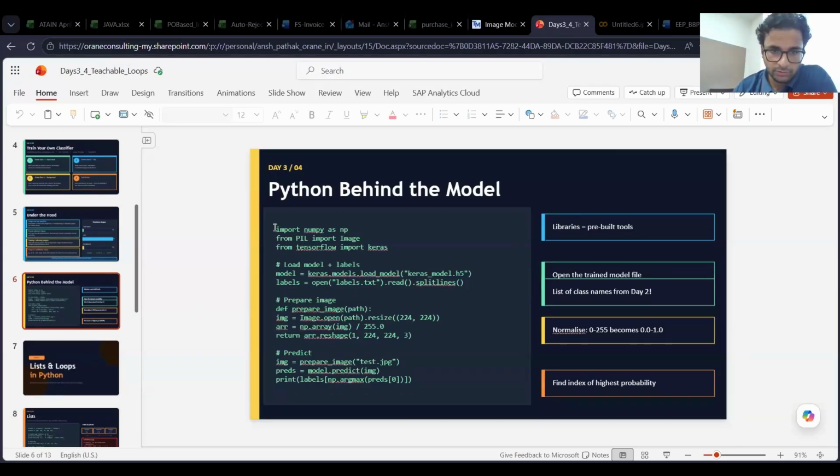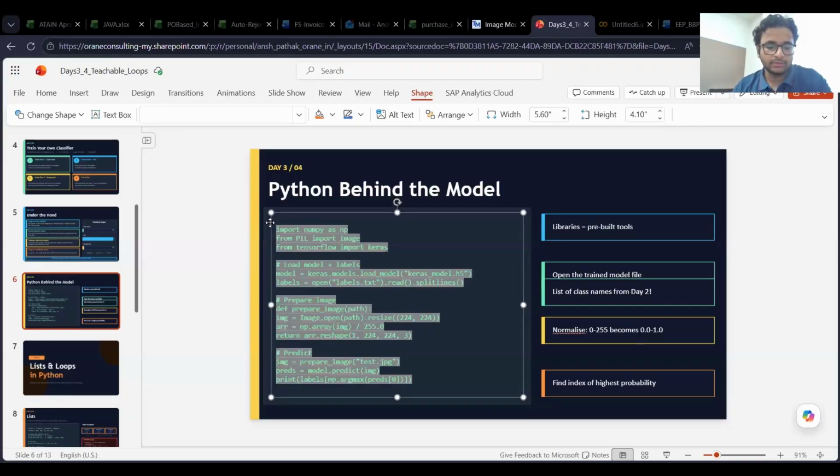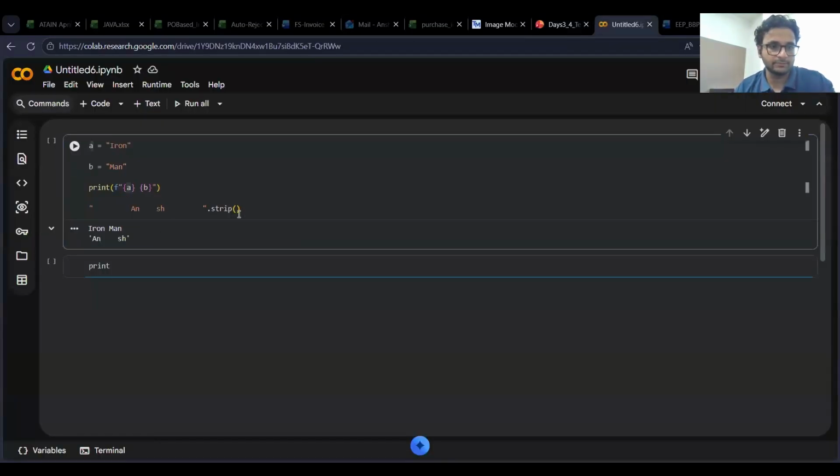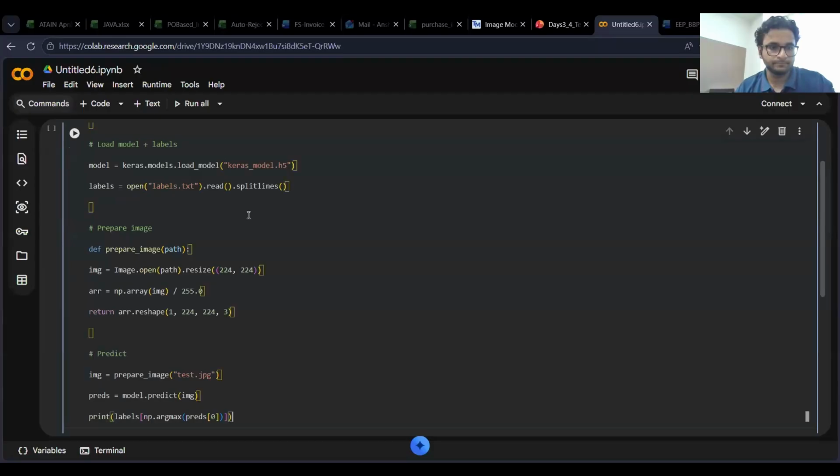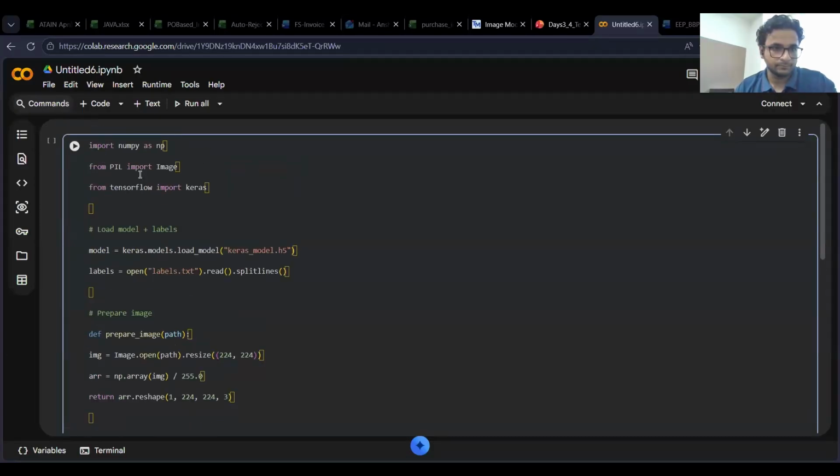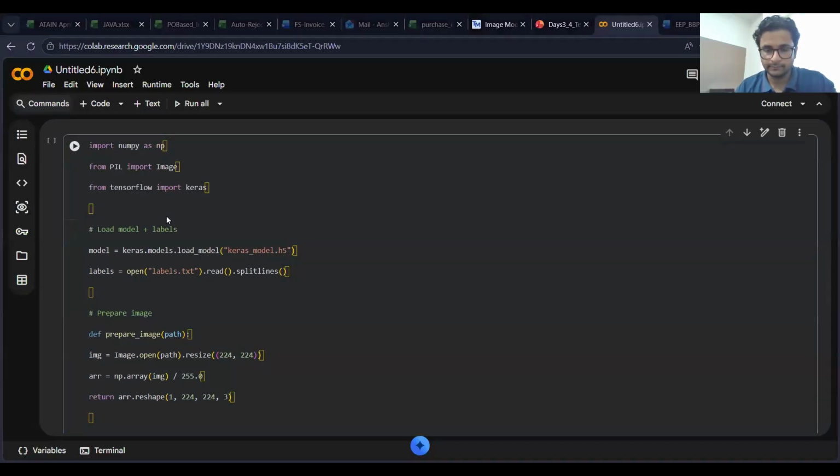So just go through the code that is being shown. Just copy it. Everyone just go through the code.